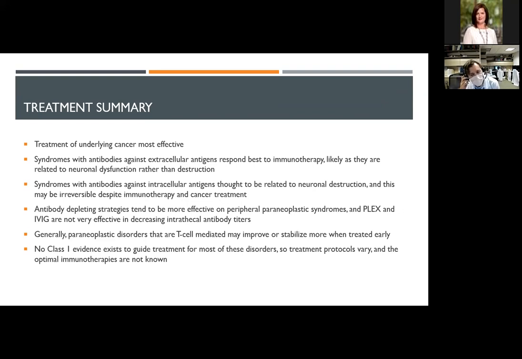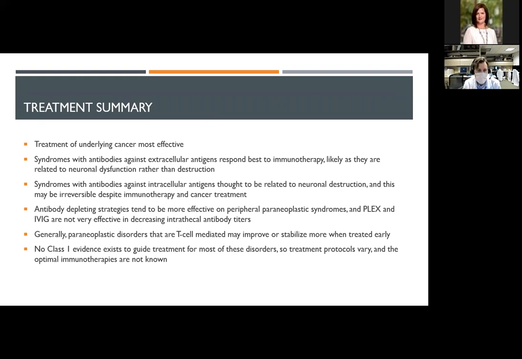The overall evidence would support that for any given patient, you really don't know how much they may decline after you're seeing them. So even if you don't see a huge improvement, there may be a significant benefit to preventing worse deterioration, at least with these agents. To try to summarize the way we're treating these, the most important thing is treatment of the underlying cancer. That'll lower the relapse rate. They do have decreased deficits and better control of any paraneoplastic syndrome.